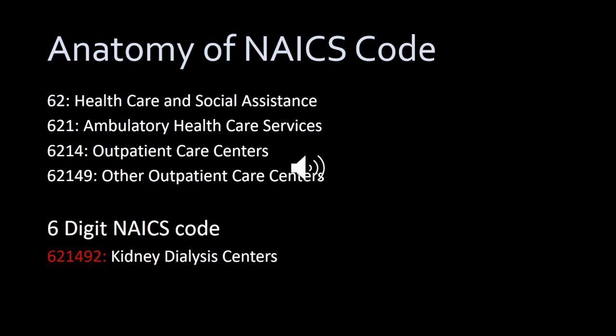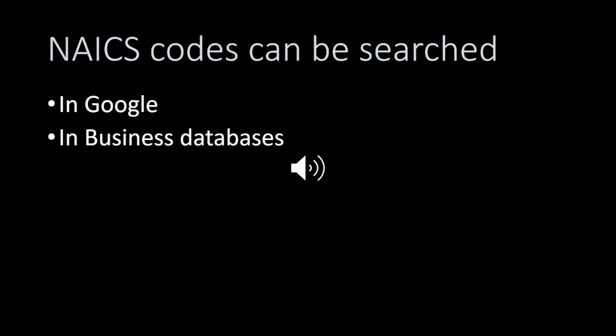And when we add the 6th code number to the code, we get the full NAICS code, and we see that the outpatient care center that we're talking about with the 6th number added is kidney dialysis centers. Now, these NAICS codes can be used to search in Google. You will return some results when you put in your industry code into Google, including some reports, some government documents, but they're also used in business databases, and that's where they can be really useful in terms of narrowing down